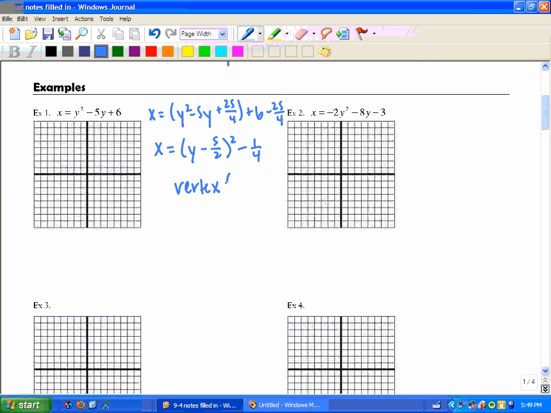So the vertex is at negative 1/4, comma 5 halves. And our x-intercept will be, from our original equation, at (6, 0). And so if we graph this the best we can, if we do negative 1/4 and then up to like 2.5,